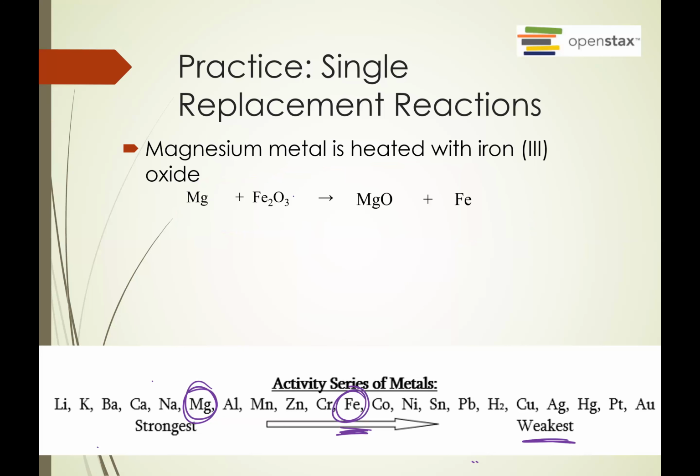So when you balance it, again, we could have done Mg, Fe, and O. Or when you do this, you see that there's 3 oxygens. So we put a 3 on the oxygen. 3 oxygens means 3 Mgs. And then we've got 2 Fe's and 2 Fe's, but is that balanced? 3 oxygens, yeah, it's balanced. So that's why